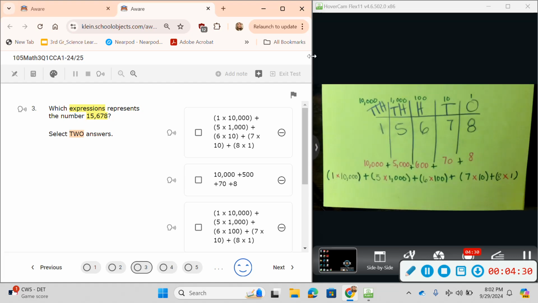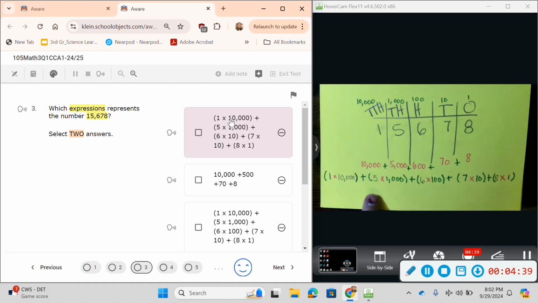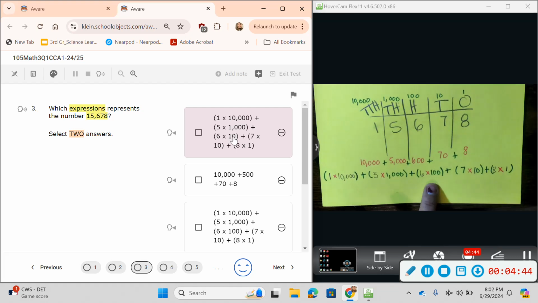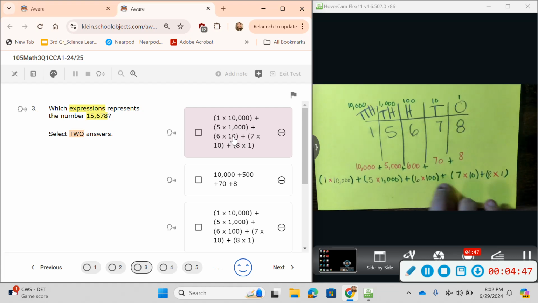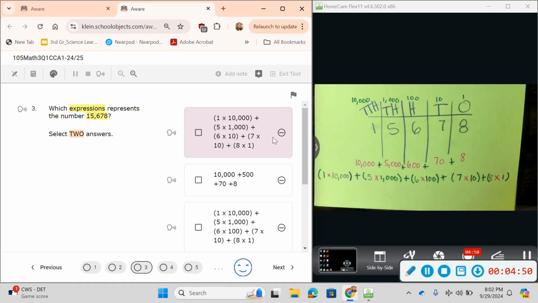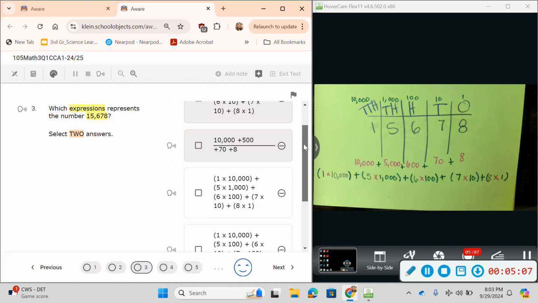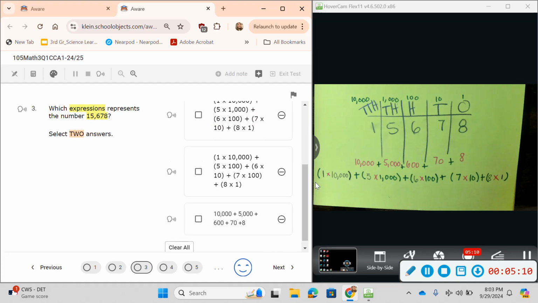So now all I have to do is match up what I did. Our first expression says 1 times 10,000. We did that. Plus 5 times 1,000. We did that as well. Plus 6 times 10. We have 7 times 10. Our 6 is supposed to be multiplied by 100. So that cannot be it. Our next one is expanded form. 10,000 plus 500, but we put 5,000. So that cannot be it. Our next answer choice